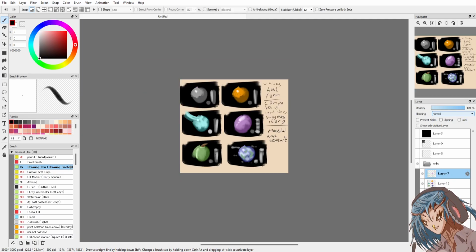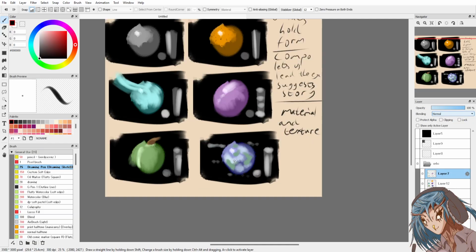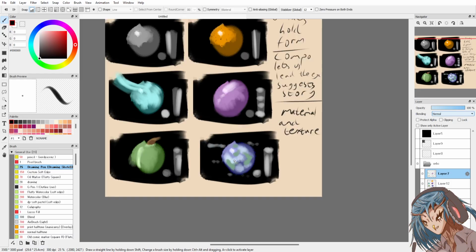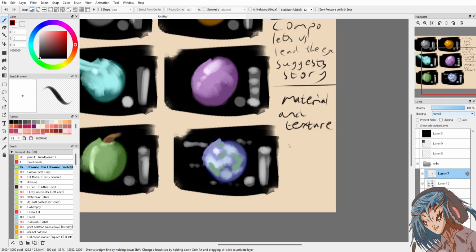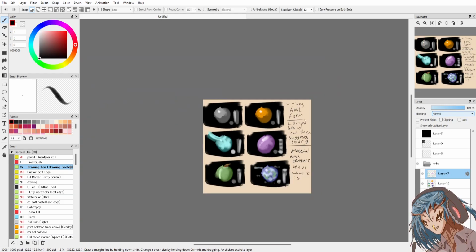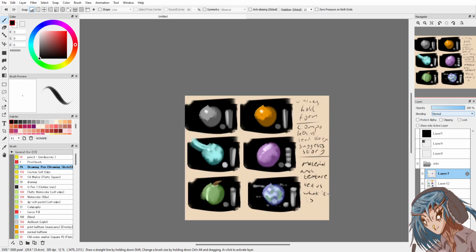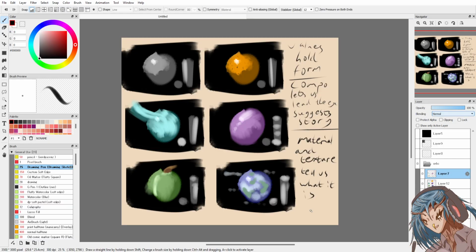It's what sets them apart. Not makes it interesting. No, that's wrong. Material and texture tell us what it is. Values hold the form. Composition leads the story. Material and texture tells us what it is that we're actually looking at.